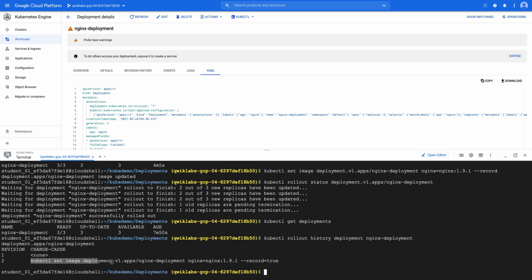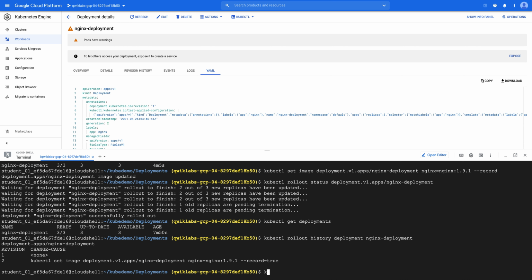If you remember, we fired a command to update, so this was revision 1, where nothing changed because it was the first time, and then this is the second change which we applied, and you can check that from the history. Now if you notice some error or issue, you may want to roll things back.